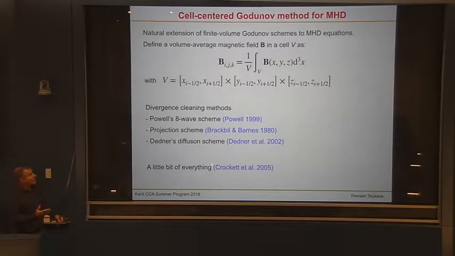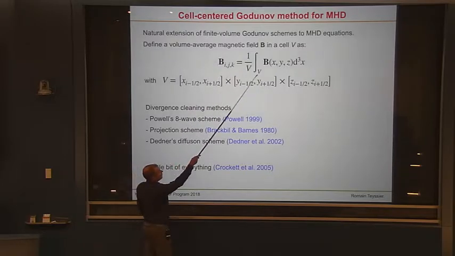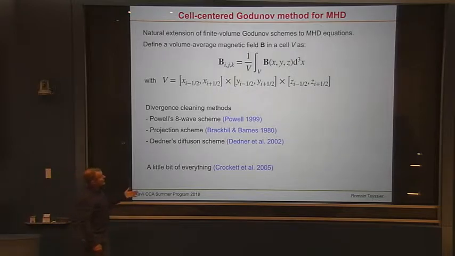The first one, the easy one, the one that basically generalizes what we did yesterday, is to use a finite volume philosophy to discretize the magnetic field too, right? And so now, for each cell, you define an average magnetic field in the cell as the volume average of the magnetic field inside the cell, right? So you're really strictly following the same approach as yesterday. But then you're in trouble, because if you do this, the divergence of the magnetic field will not be preserved, and you need to deal with this problem, right?